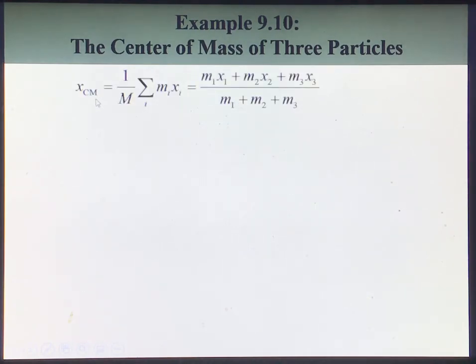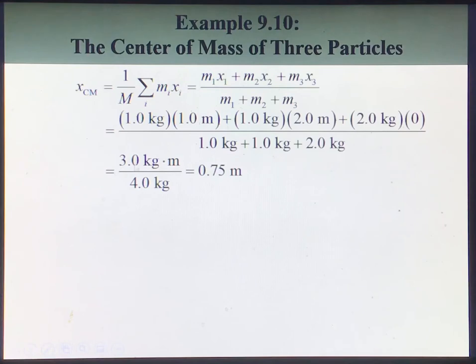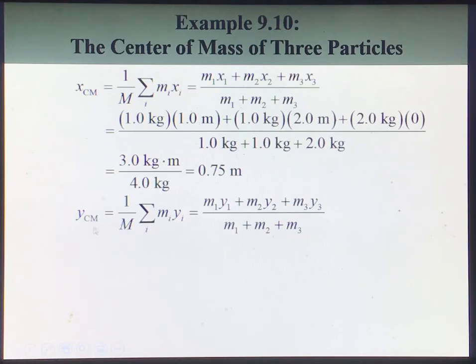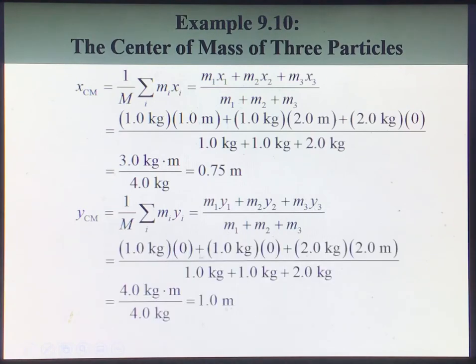So I can calculate my x center of mass as M1 x1 plus M2 x2 plus M3 x3 divided by M1 plus M2 plus M3. If I do that, I get my x center of mass as 0.7 meters. Then if you calculate your y center of mass, it's just given by M1 y1 plus M2 y2 plus M3 y3 divided by M1 plus M2 plus M3. So again, if you plug that into the equation, you get your y center of mass equals 1.0